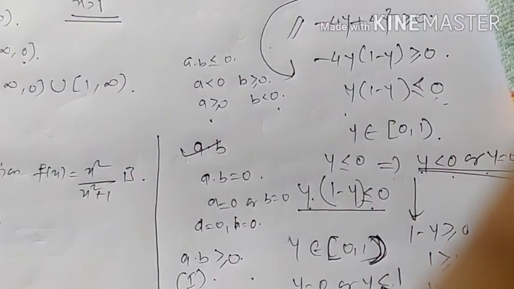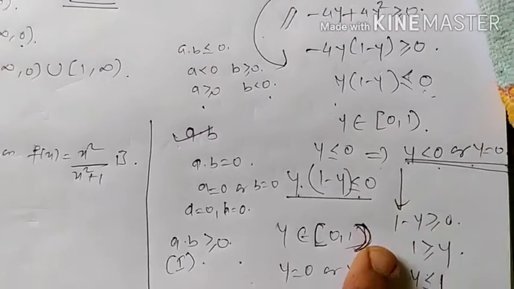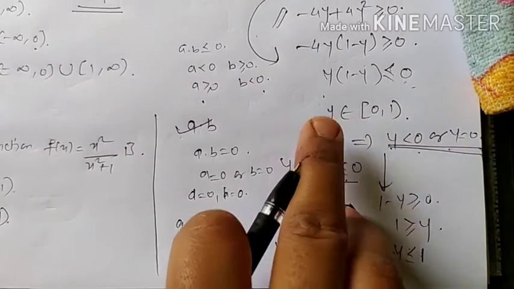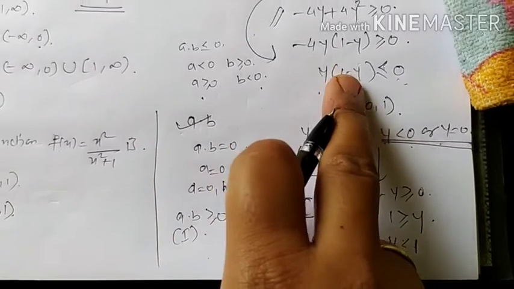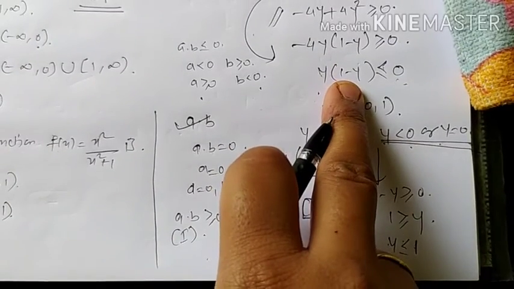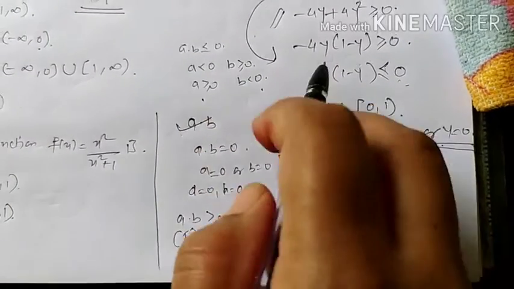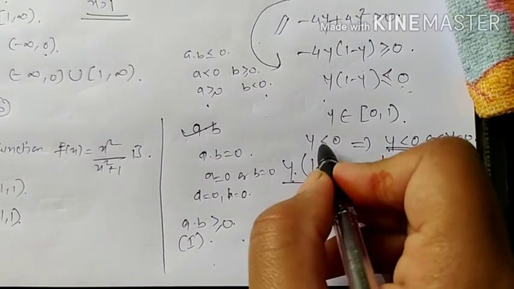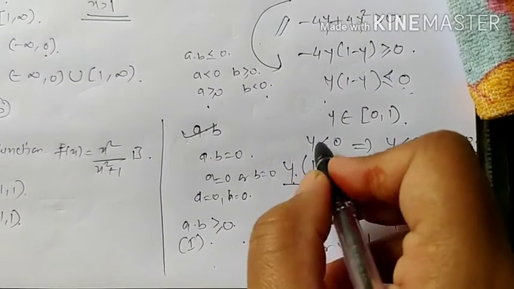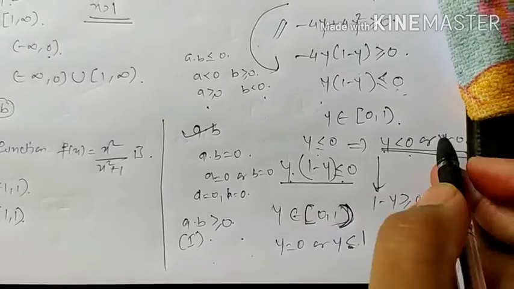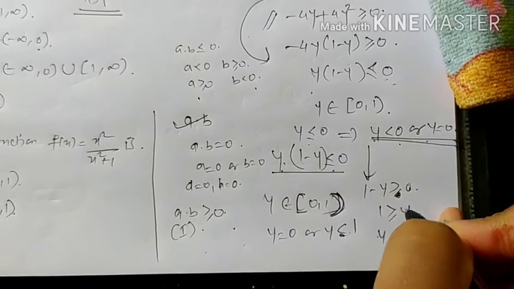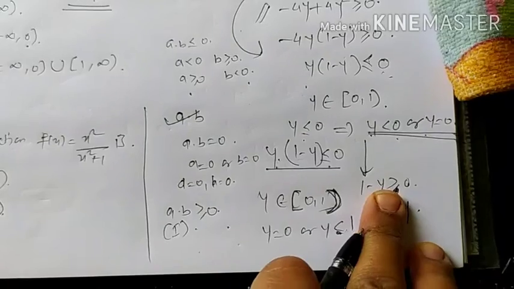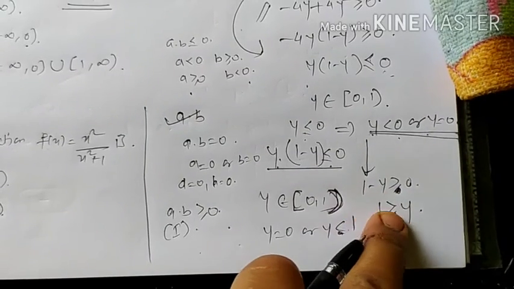Getting student? Any doubt? Now here if we have taken y equal to 0, it means this will be negative, so this should be strictly greater than 0. See student, when we are taking greater or equal or less or equal, we should take it with any one only, not with both, that 0. So here we can take this strictly also. If you are having any confusion in this, so 1 minus y is strictly greater than 0. So 1 is greater than y.